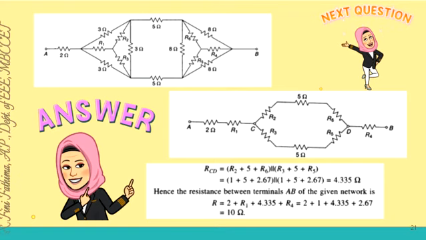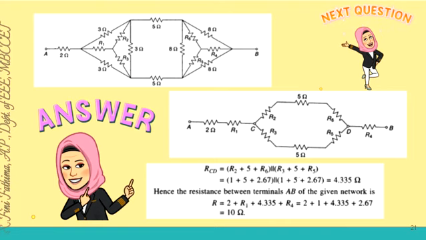See, 2 ohm in series with R1, in series with R1. Then we are dividing it into R2 and R3. See, R1 is divided into R2 and R3. And we don't want this 3 ohm. Then we have to draw this 5, 5. Then R5, R6, R4. That is 5, 5. Like that we are redrawing it.